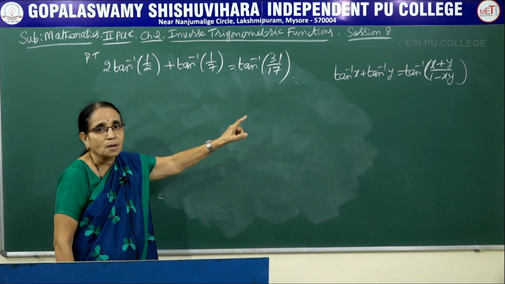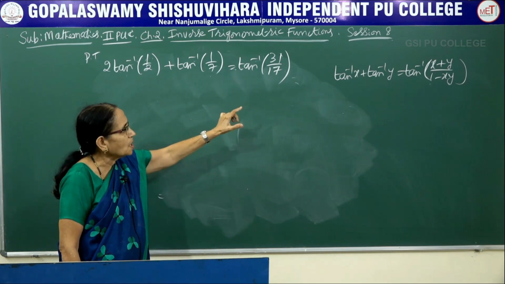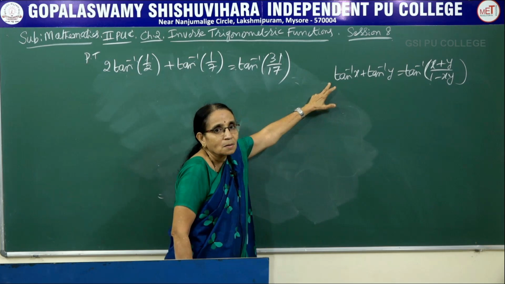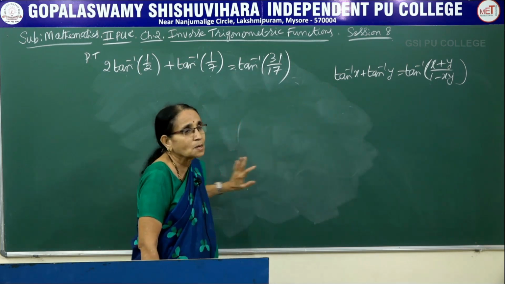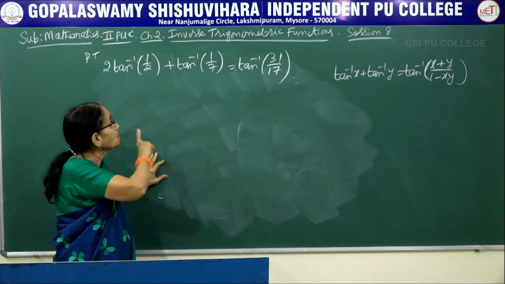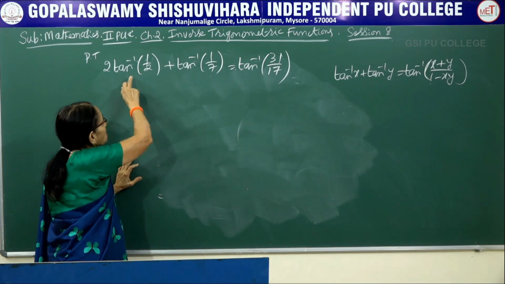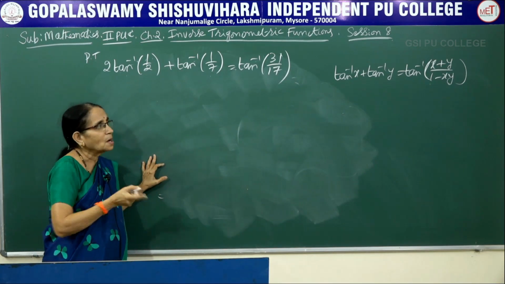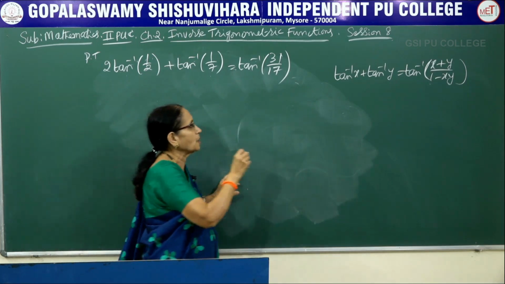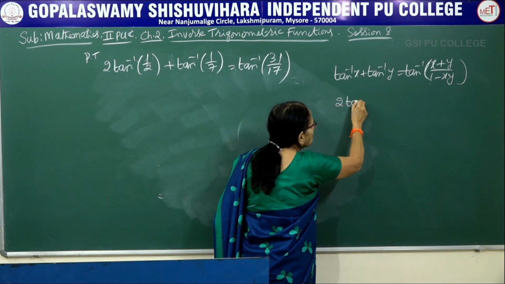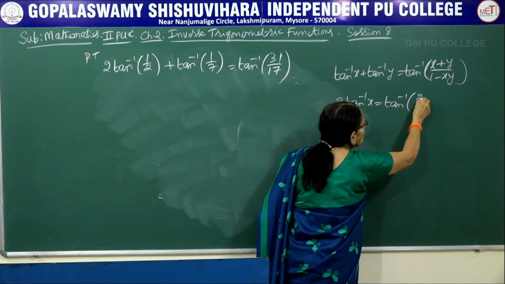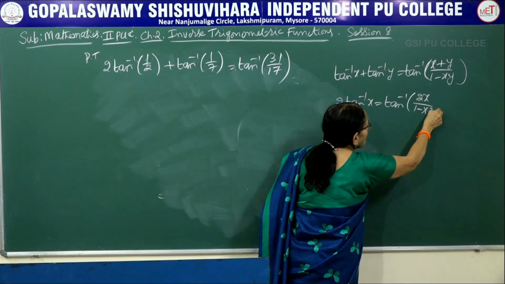See, look at that property. In that one, the coefficient of tan inverse x and tan inverse y is unity. That means we don't have any number there. It is 1 into the first function and 1 into the second function. Whereas here we are having 2. So that theorem cannot be applied directly here. First you have to try to write this in terms of a single tan inverse of something. Then only can we make use of the result. For that I am going to property 5. What does it say? It says that 2 tan inverse x can be written as tan inverse of 2x divided by 1 minus x square.